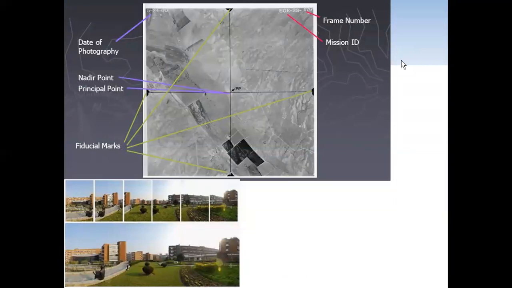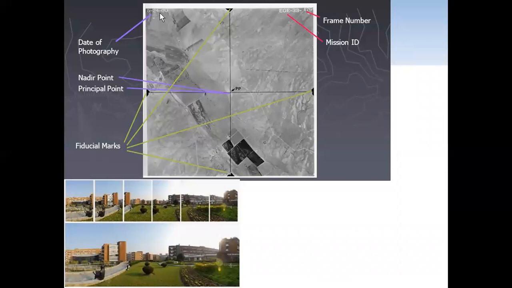So next one is fiducial points. These are the fiducial points. While the flight moves in this direction, turns, and continuously takes a number of photographs, based on these fiducial points, one image has to be overlapped with another image. That is nothing but a mosaic. Here this is the PP, the nadir point, the principal point.